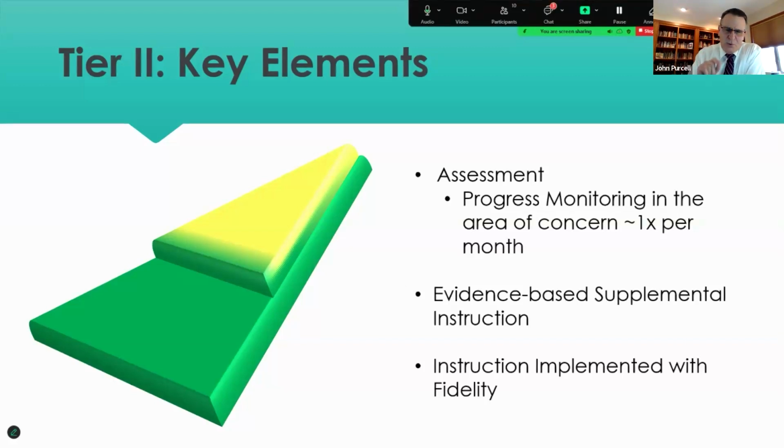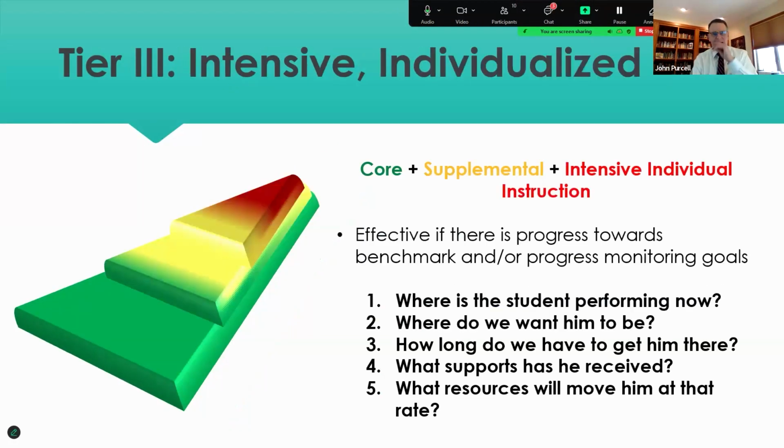What I would say there is we are progress monitoring as much as we need to, to make sure that student is making the improvements and having the success that we expect. So if they need to be at a certain place and we're on track for that, we may be progress monitoring a lot more than once per month. Again, your tier 2 program is evidence-based for supplemental instruction, and it is implemented as it is intended or designed. And then lastly, tier 3, like I mentioned the student before, and this is not special education,